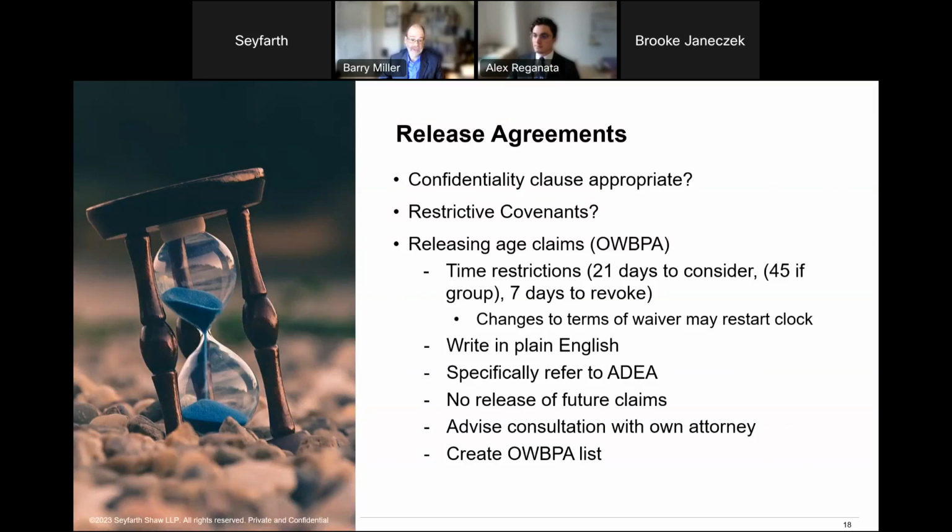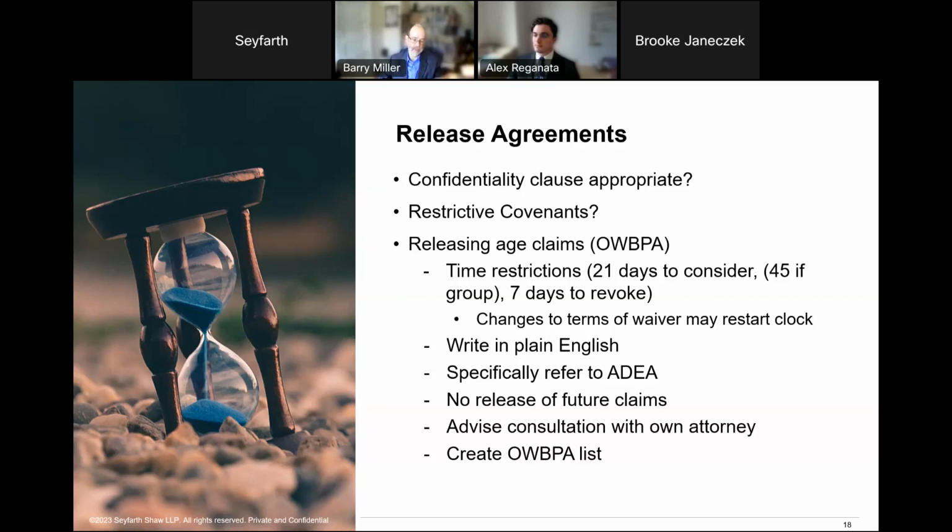And it's probably the single most effective thing that you can do to reduce liability coming out of a mass termination event. It, of course, depends on the employees signing the agreements that you put in front of them. And that is typically going to be a function of how much severance you offer in exchange for the release agreement. That is the fundamental exchange that's posed by a separation agreement.